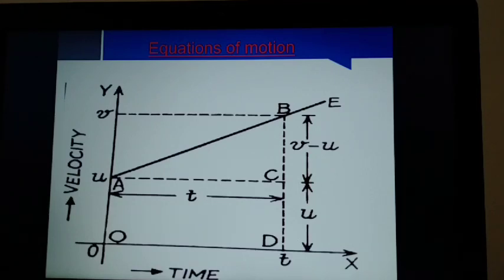All these matters you have to remember, and we can refer back to the diagram when required. So this is the situation: when you start observing an object, its velocity is u, and when you make the final observation, its velocity is v. During its motion, it has a constant acceleration a, and it takes a time t for changing its velocity from u to v. This is the condition, and we can start deriving the equations of motion.